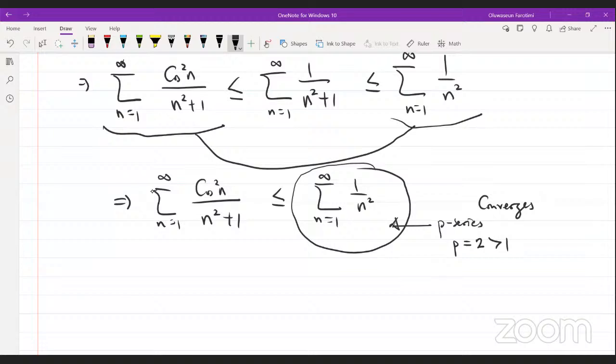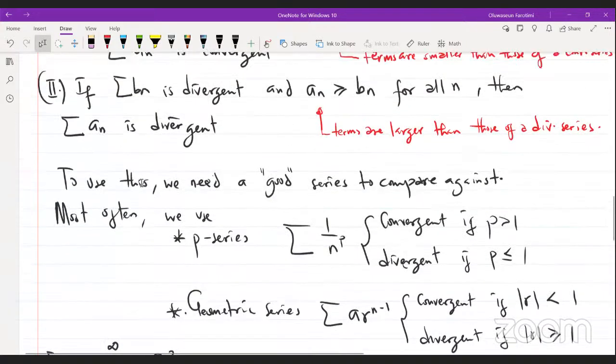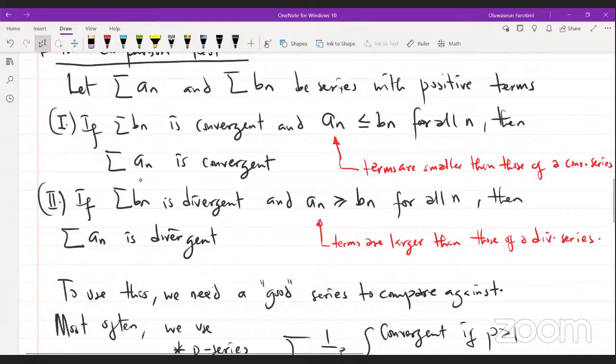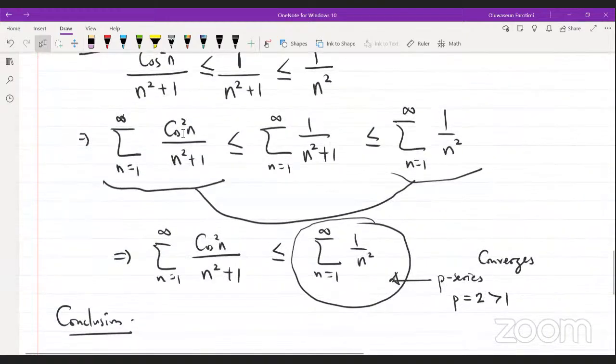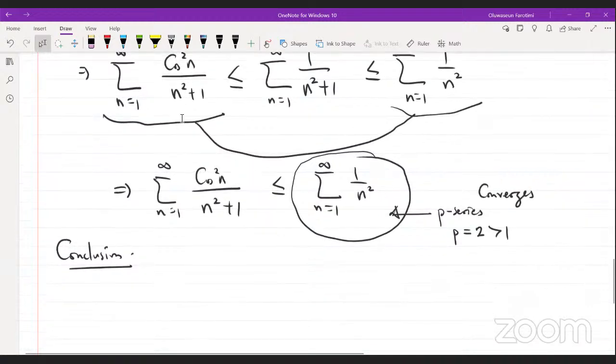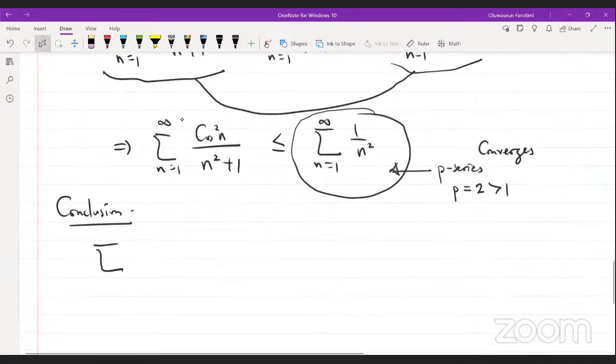Okay, so what's going to be my conclusion? Remember, let's go back to the statement of the comparison test. If the series of Bn, this is the Bn, the guy on the right-hand side, if it converges, then the series of the guy on the left-hand side converges. So let's see. This is the series of the guy on the right-hand side. It does converge. What is going to happen to the series of the guy on the left-hand side? It will converge. Okay, so conclusion, I'm going to say that this guy